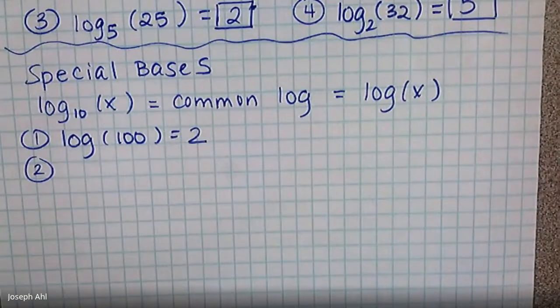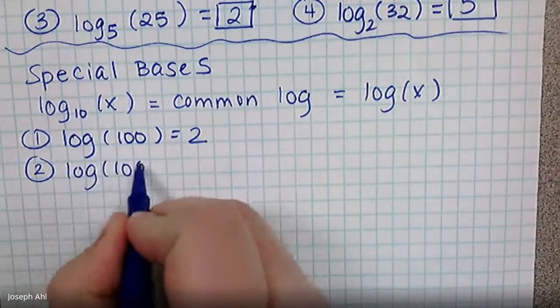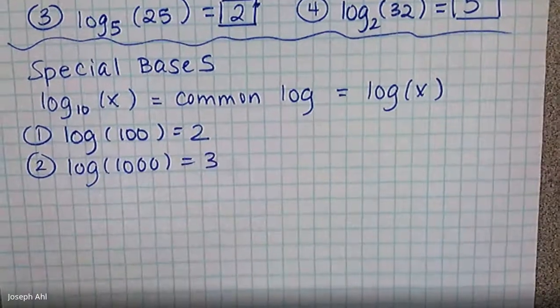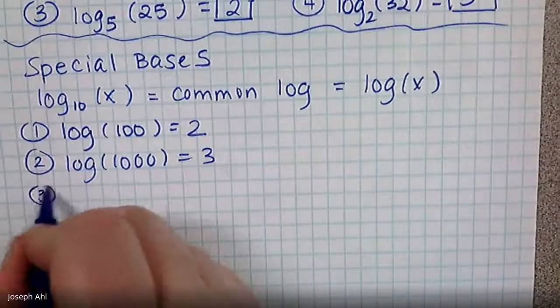Okay, let's try some others then. If I said, what's log of 1,000? Log of 1,000 would be 3. 10 to the third power is 1,000. How about log of